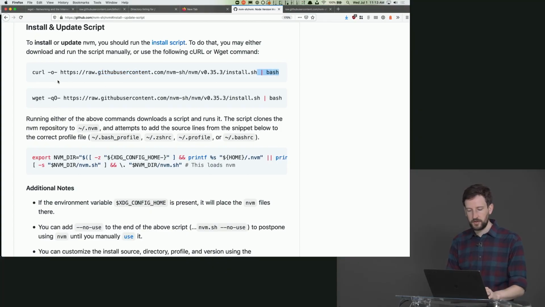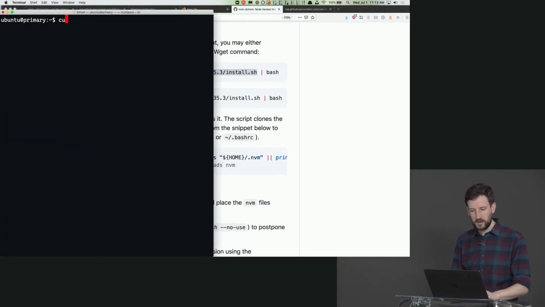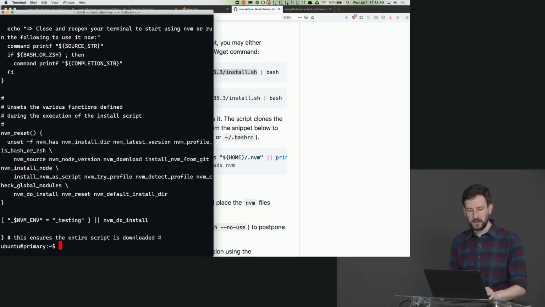So what you should definitely do in that case is say curl blah into my file.sh, and then I will run it from my file.sh. This way I can verify that I got the same file that I thought I was going to get,